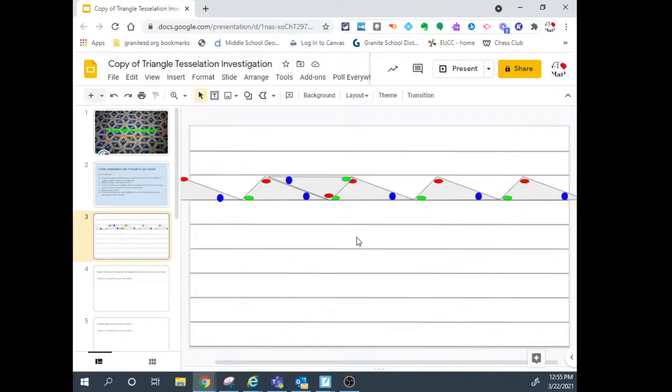Oh my gosh, when I move the thing, it doesn't move the dot. I know. Yeah, that's why you gotta